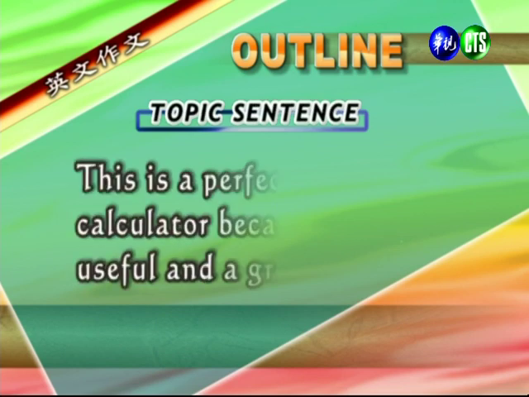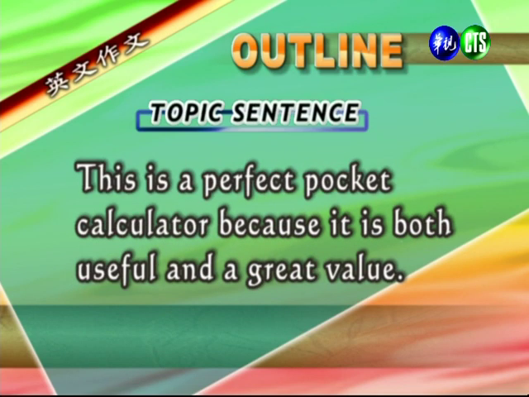We can have this one. This is a perfect pocket calculator because it is both useful and a great value. 好，我们写下来的主题句呢，就像各位在荧幕上看到的这样，他说这是一台绝佳的口袋型计算机，因为它既有用，而且呢，它又有非常好的价值。And so you can see we create the positive impression by saying it's perfect. We also say it's useful and a great value. 好，那你可以发现呢，我们就因此而树立了一个非常正面的印象。我们说它很有用，而且呢，它非常适合成为一个好的所谓口袋计算机。